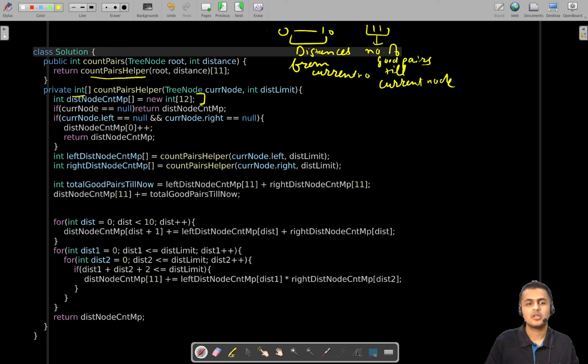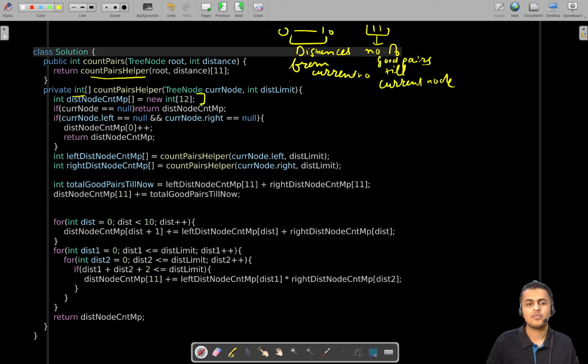If the current node is null, it means that there is no node here, so you will return the empty array,